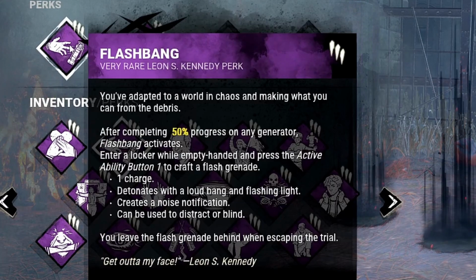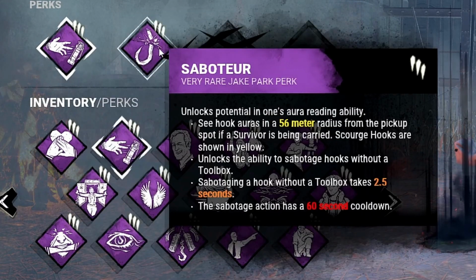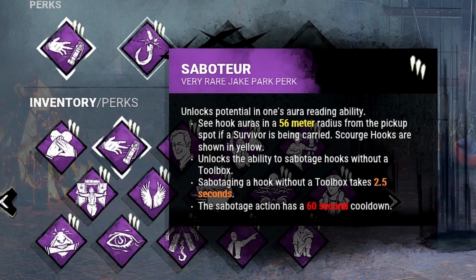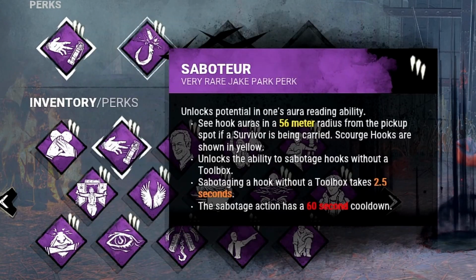Now, on paper, nothing between these two perks is actually screaming, oh, wombo combo, this goes good together, this is a nice combination. No, nothing here makes you think these go good together. But in practice,